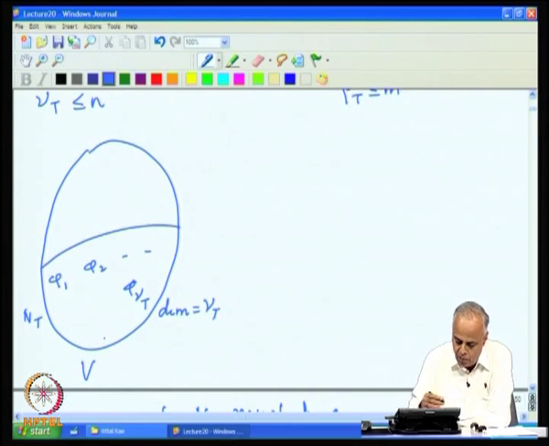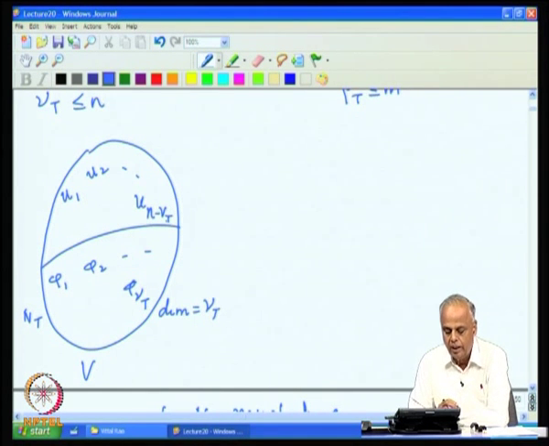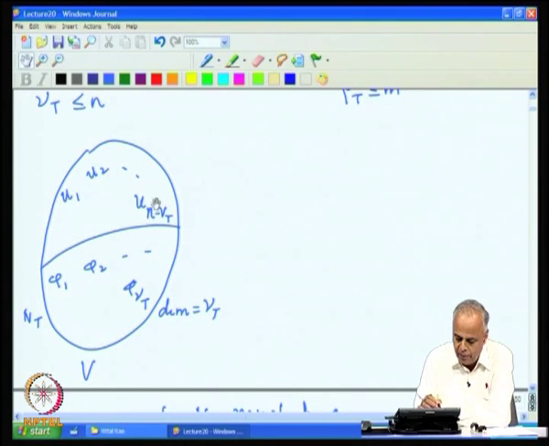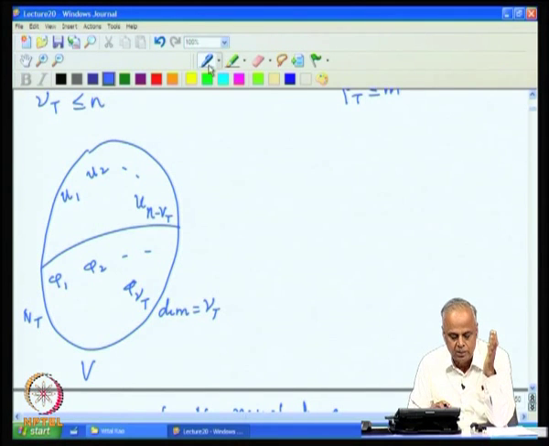So, what happens is, now we are going to choose u1, u2 and so on up to u_(n minus nu of T). So, n minus nu of T vectors outside of N of T, but in V, which are linearly independent. Then this set of vectors and this set of vectors together will form a linearly independent set, and since there are n of them, they will form a basis for V. So, what we have done is, we have started from a basis for the null space of T and extended it to a basis for the whole space V.